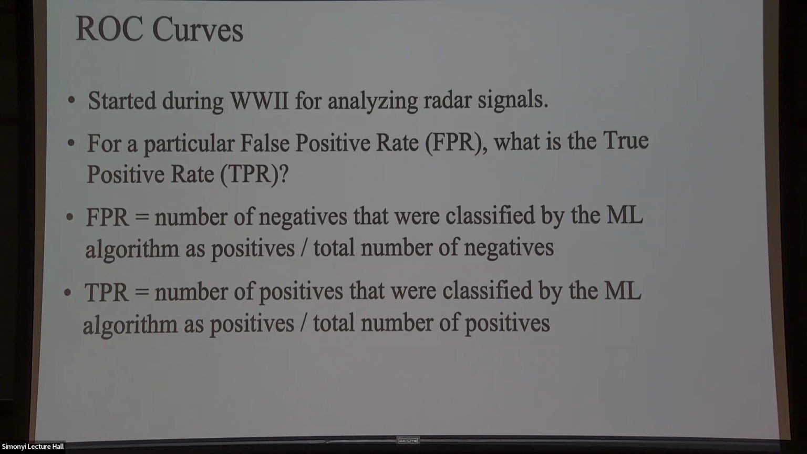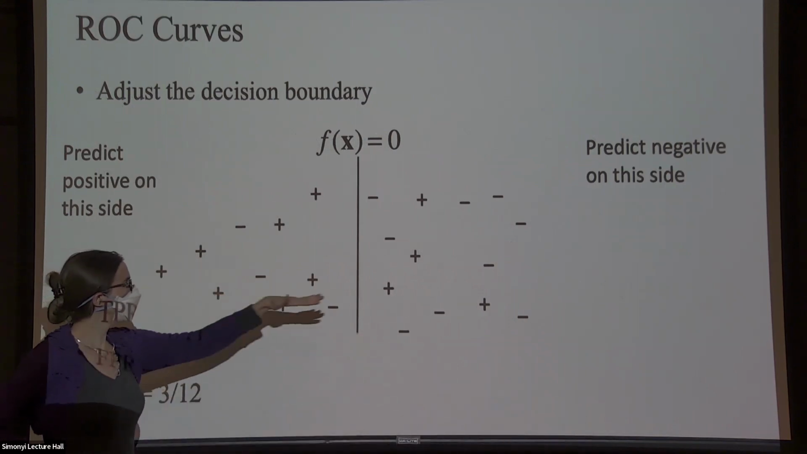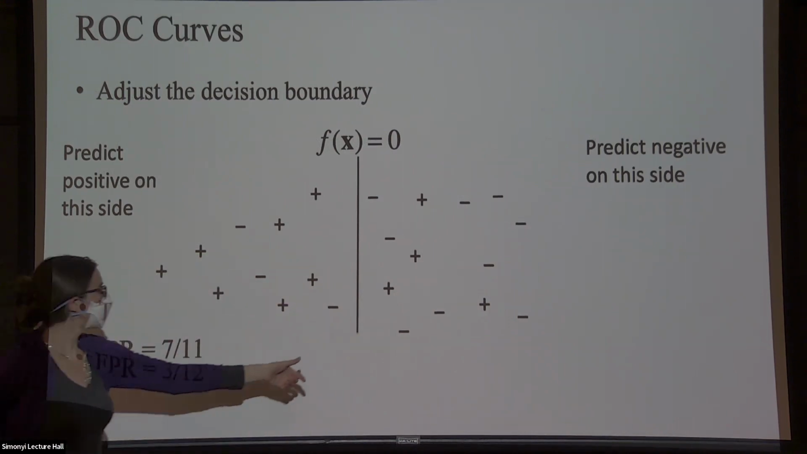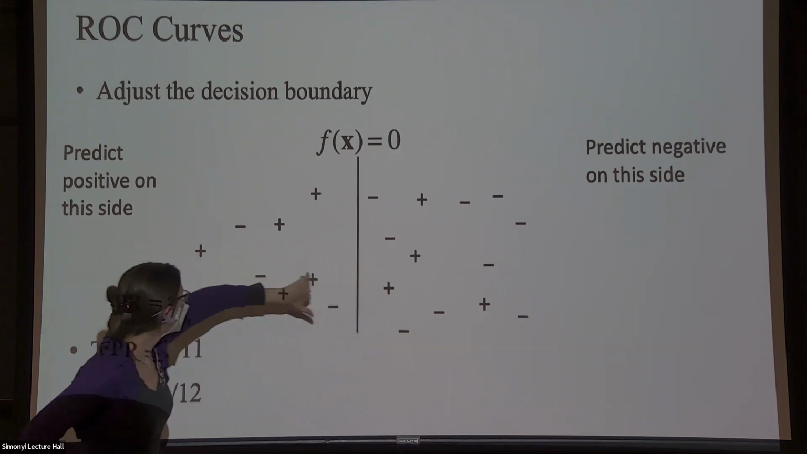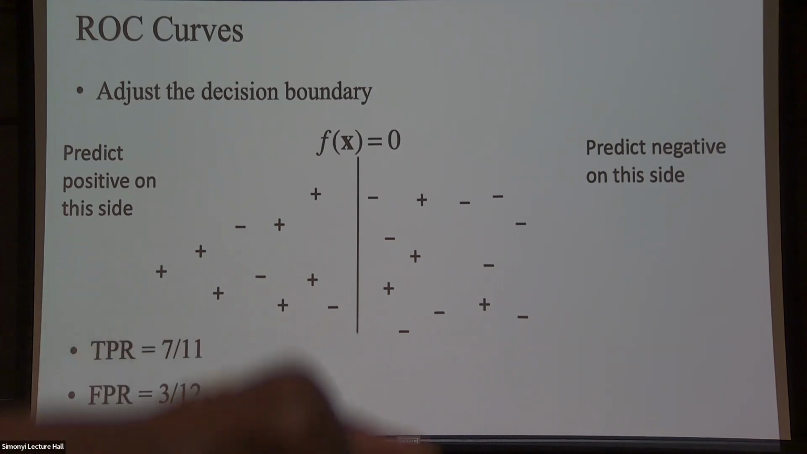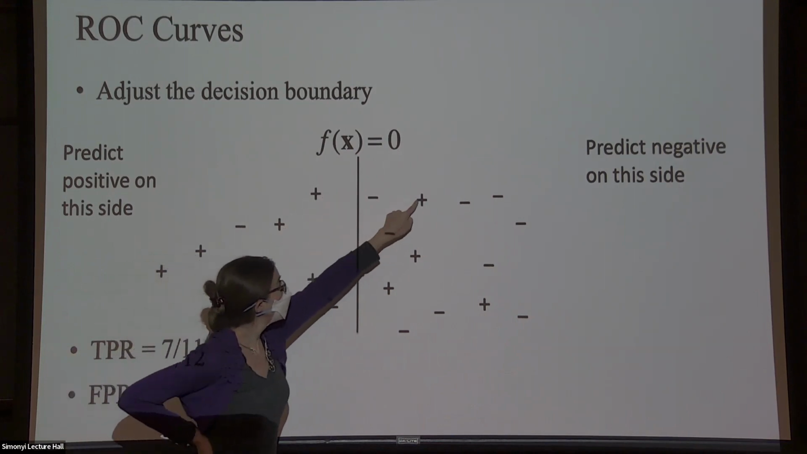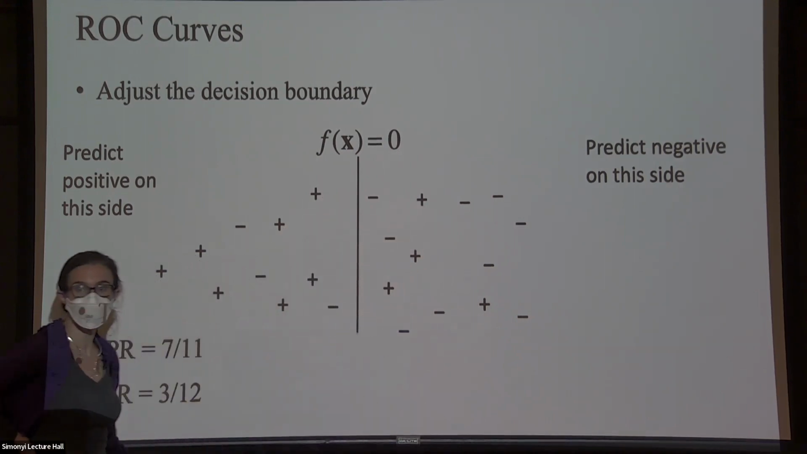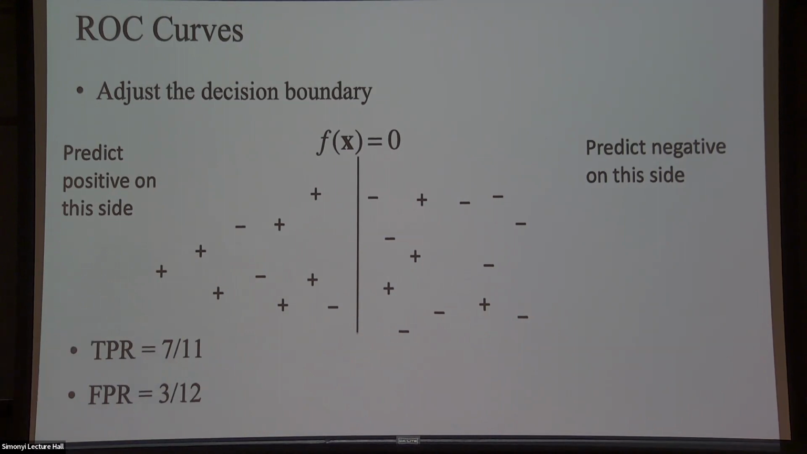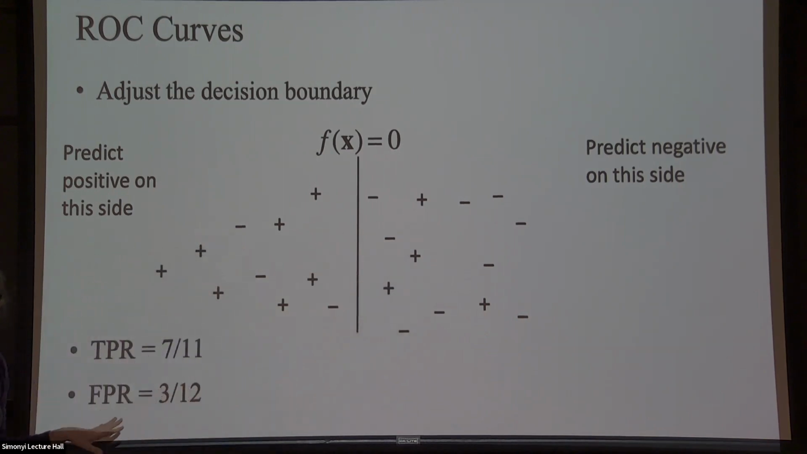Hopefully, okay, great. So let's go with this example here. Here is my data set. It's all along one dimension. The classifier predicts more positive this way, predicts more negative that way. And the true positive rate is 7 out of 11. How do I know that? Let's see, 1, 2, 3, 4, 5, 6, 7, 8, 9, 10, 11. So 7 of the positives are on this side out of the 11 positives. And for false positive, I have 3 out of the 12 negatives on the board that are